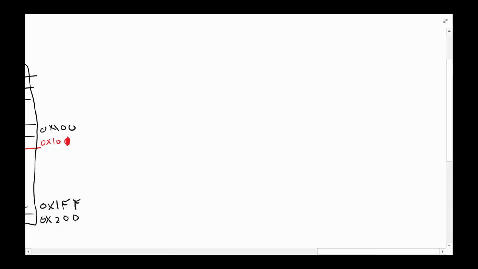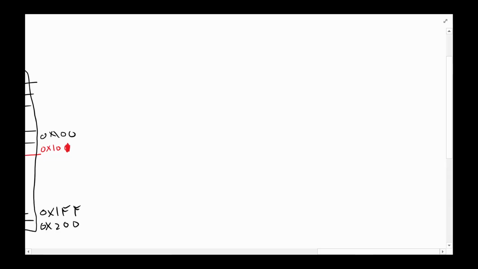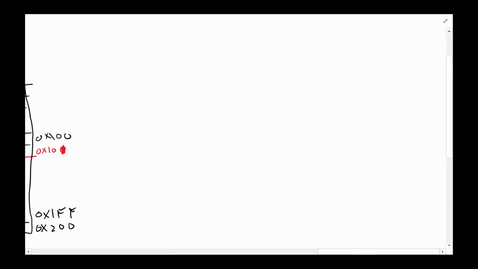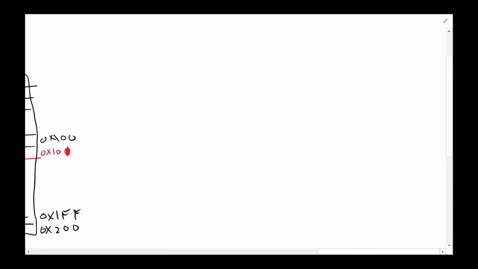So for example, let's say you're being asked to move, or copy. Let me say copy. Copy is a better term than move. So here's an example,